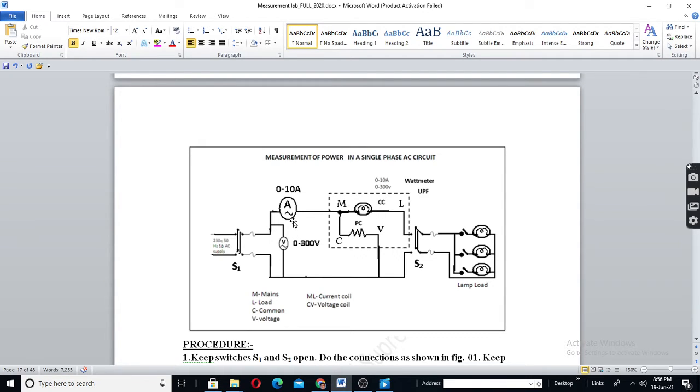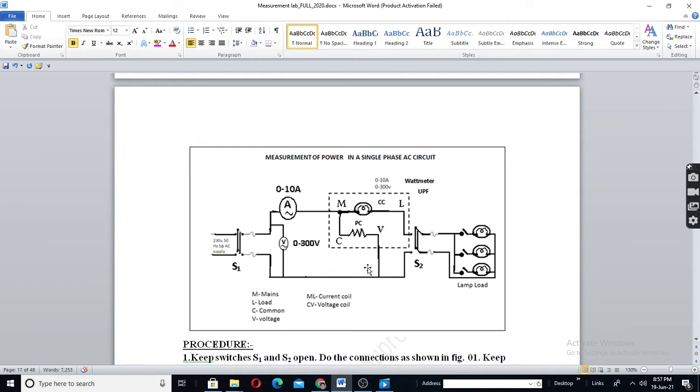Always remember, an ammeter actually has a current coil. See, an ammeter is nothing but a CC. This CC and the ammeter are both similar. This PC and this voltmeter are both similar. But here we don't call it an ammeter coil, we call it the current coil, because it is understood. There is only one coil. For the voltmeter coil, we don't call it a potential coil specifically because it is understood that it is a potential coil.